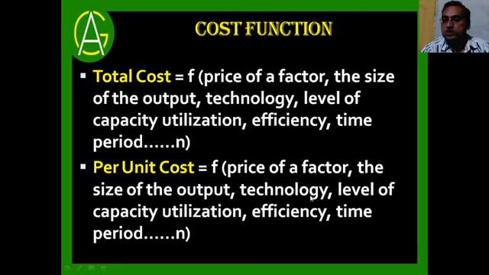If there is a change in technology, again it is going to create a change in the per unit cost. So all these are the determinants or factors affecting the per unit cost. All of them are independent factors, and per unit cost or total cost are dependent factors. The relationship between this total cost or per unit cost and the determinants is considered as